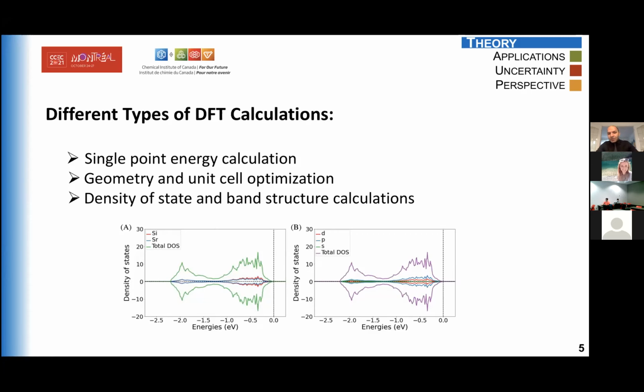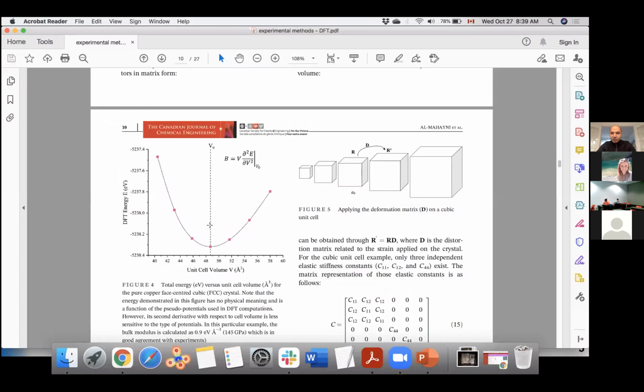So we walk the reader through all these steps, how they can actually do these calculations. We show them in the paper. But after that, we go to some specific applications that I thought it would be easier to just use the paper itself in this presentation to talk about that. So